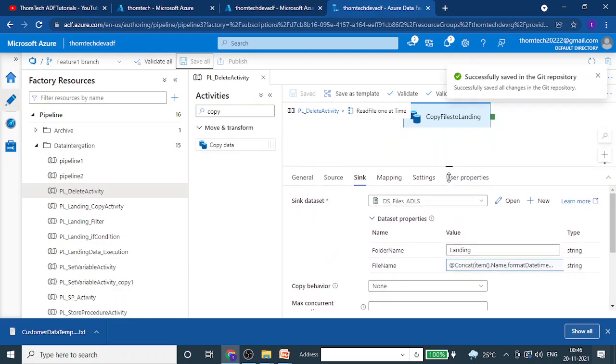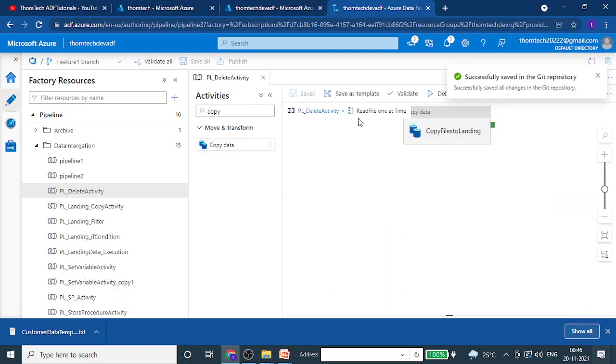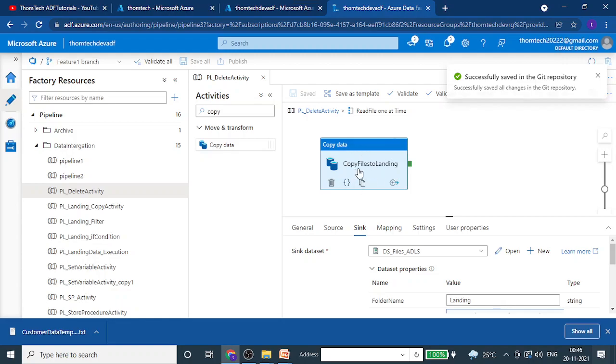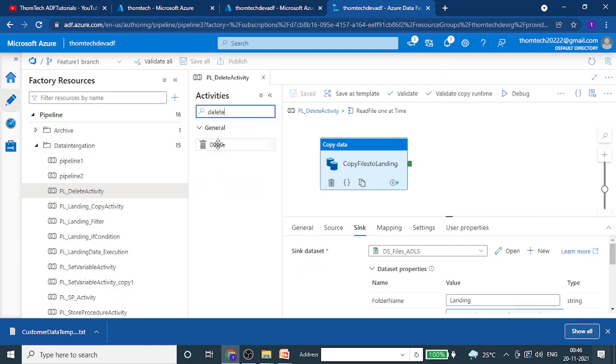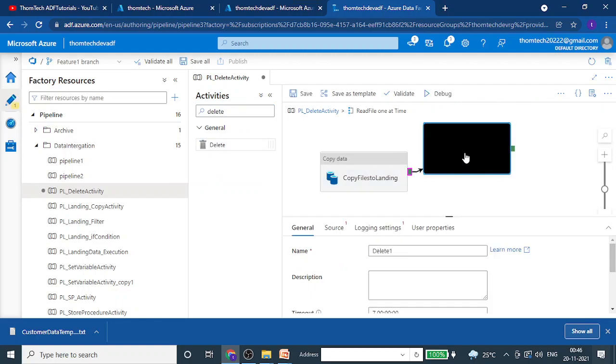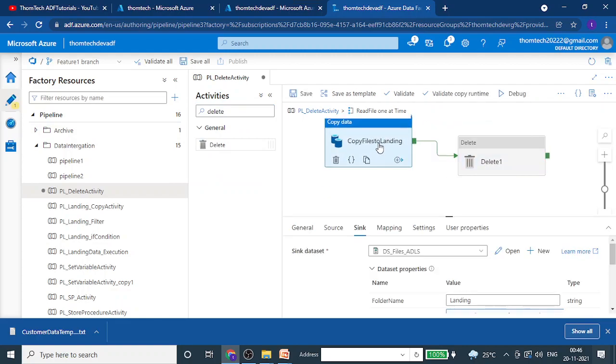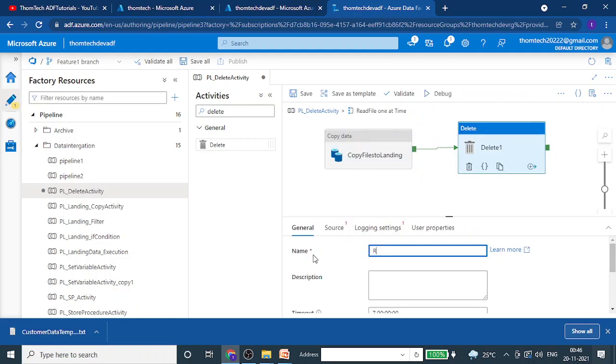Nice. Now, soon after this activity, let's pull out a delete activity. Click on this and name it remove landed files. This means the files which have already landed in the destination folder, we don't have to keep, right? For that purpose we are giving a sensible name to this activity, remove landed files.